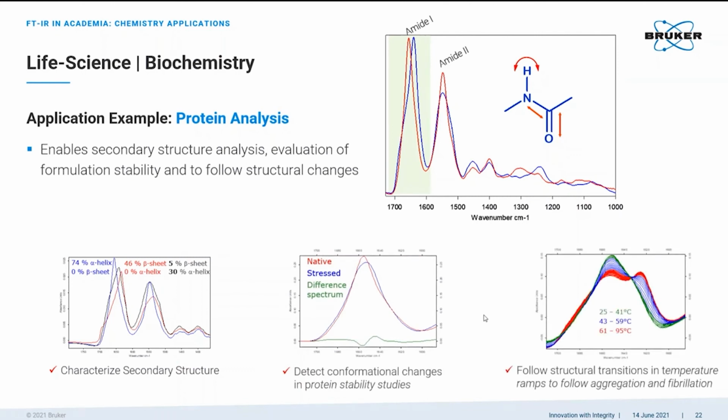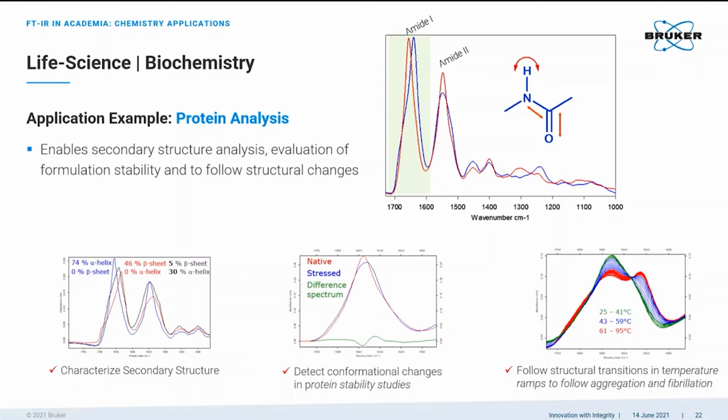We can, as I said, investigate the secondary structure and quantity, how much alpha helix, beta sheet, or random coils is present in the protein. This gives us basic information about our protein and allows us to make statements about its stability. We can also detect and monitor conformational changes in protein stability studies. This is essential if a protein formulation, buffer solution, or the excipients need to be optimized. And of course, we can extensively study the stability of our protein under different ambient conditions and monitor aggregation, fibrillation, and